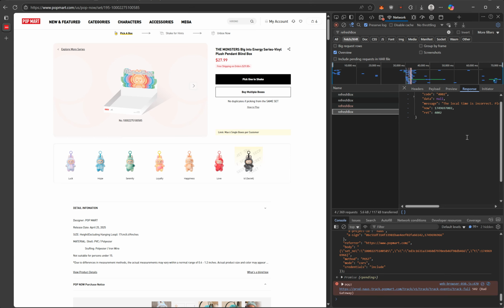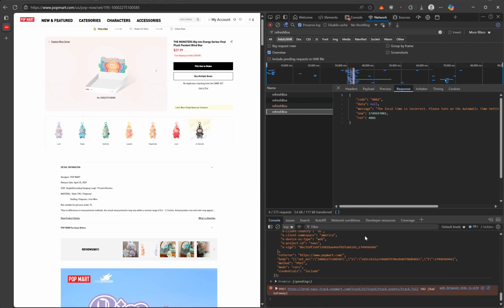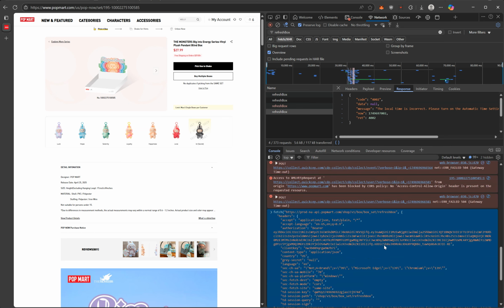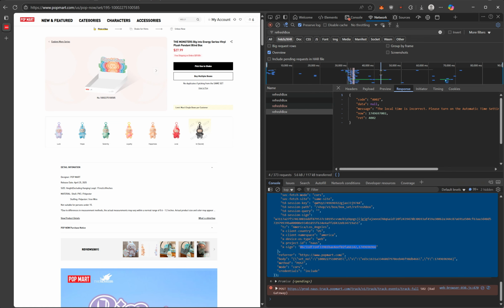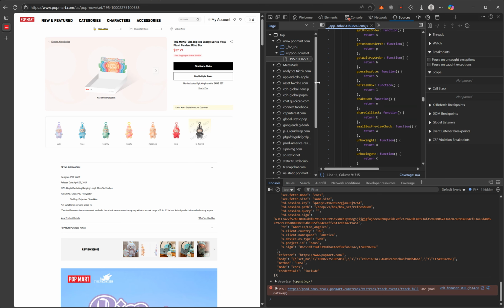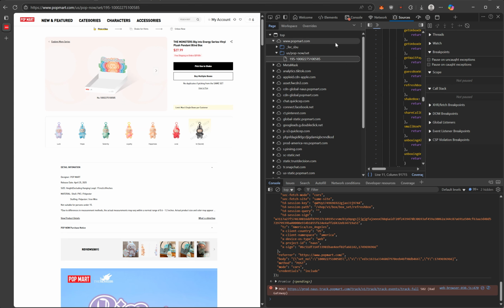See how it gave me that the local time is incorrect? So the server checks the time, and it also checks these signatures. In order for me to grab these signatures, I have to reverse engineer the whole application, and the code is actually obfuscated, but that's okay. So I'm going to open my source. It already got loaded for me for some reason. So I'm going to go to the POPMART frame,